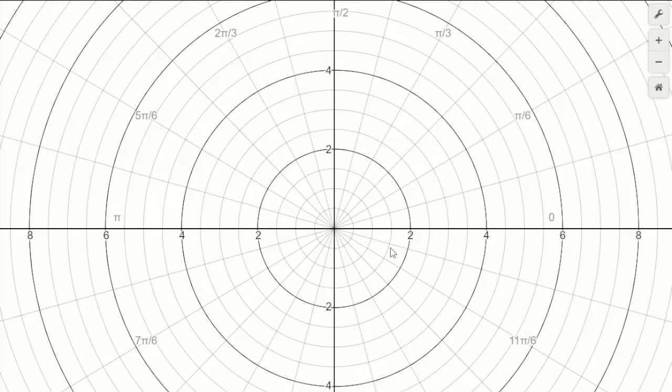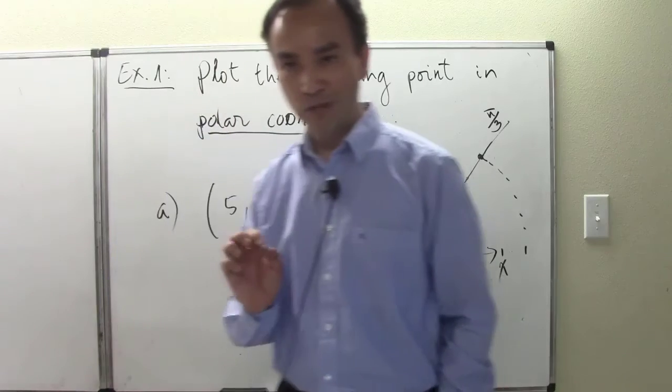So see, this is how much radius: 1, 2, 3, 4, 5. So at the angle, I'm expecting a point right there. So in a positive angle, pi over 3 is this ray, and then we come out, we leave the pole at a distance 5. So 5 is right there. So now let me put the point on. All right, so that point stays consistent with what I was expecting. All right, and so that's how we're plotting that using